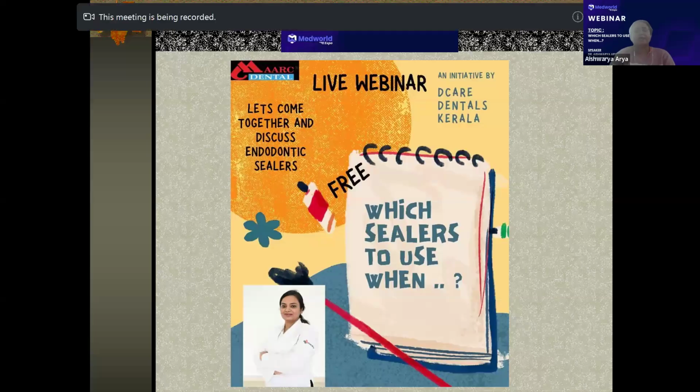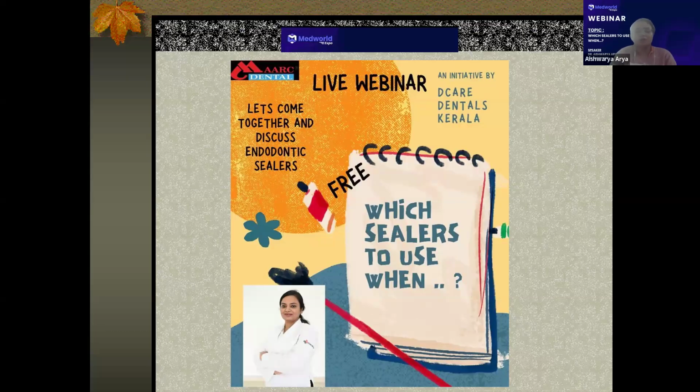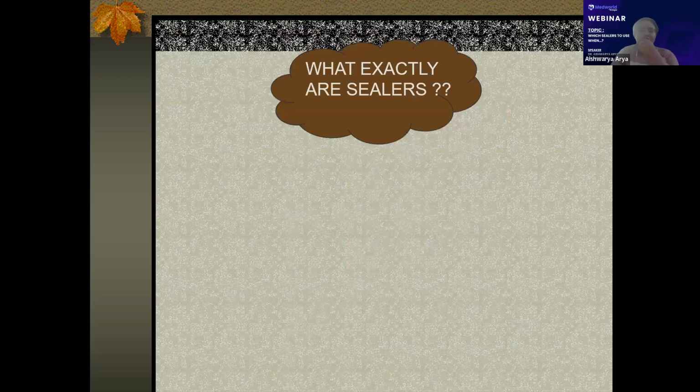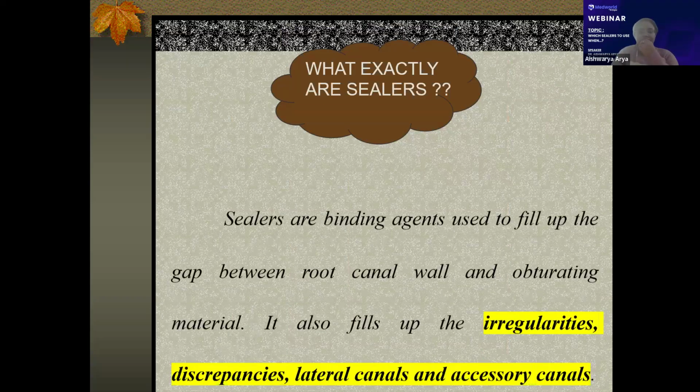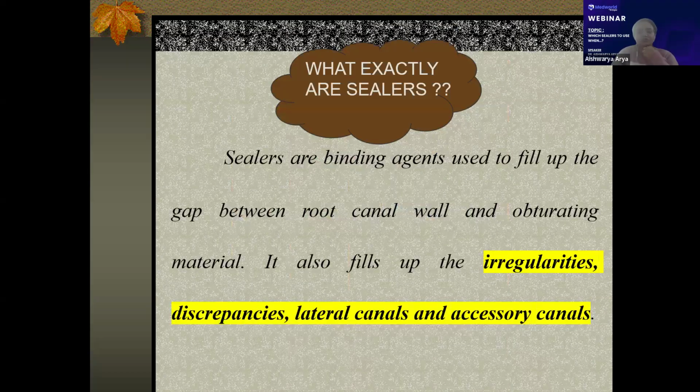And also, in which clinical condition would you suggest using what kind of sealers, right? So first and foremost, what exactly are sealers? Sealers are binding agents which are used to fill the gaps between the root canal and the obturating material. And it also helps us in filling all the irregularities and discrepancies, lateral canals, as well as the accessory canals,